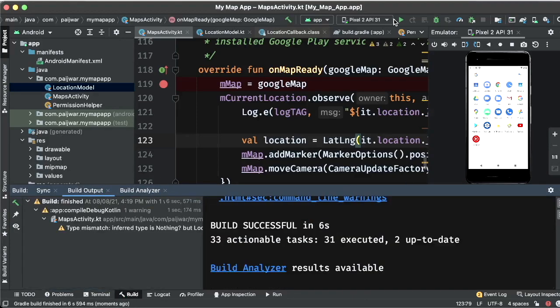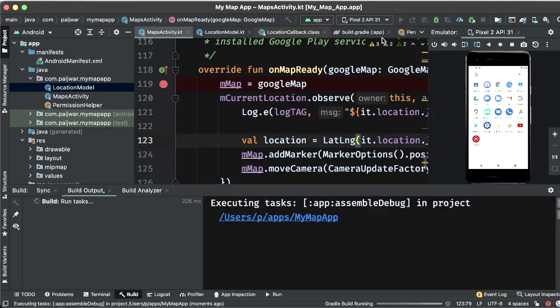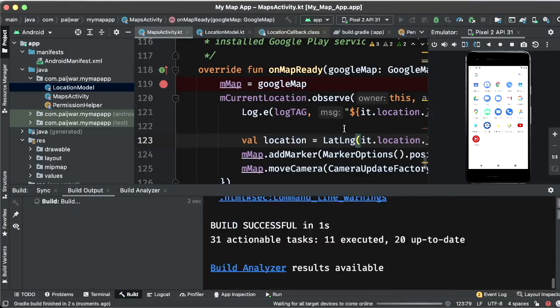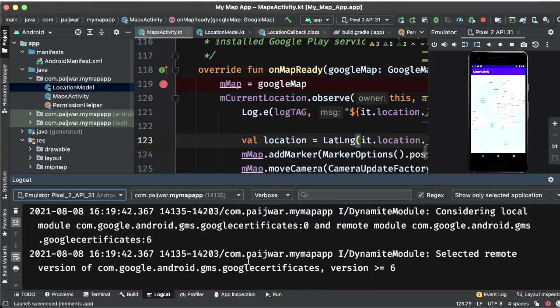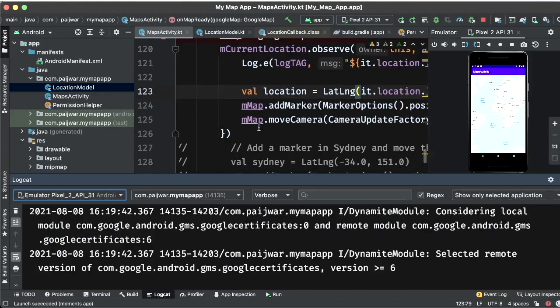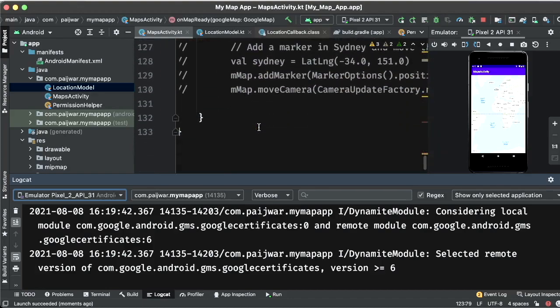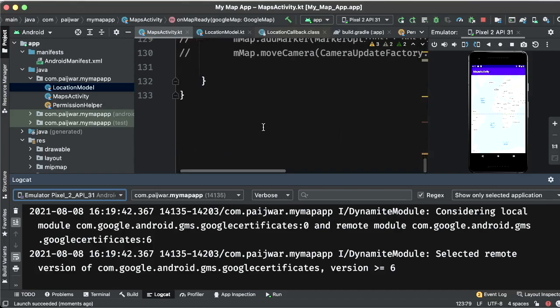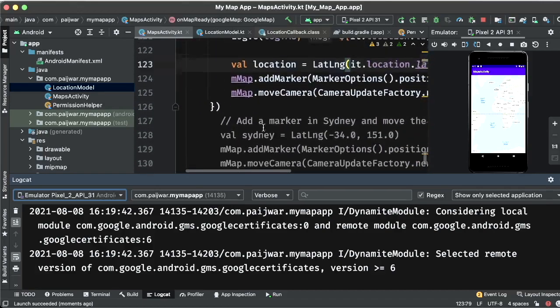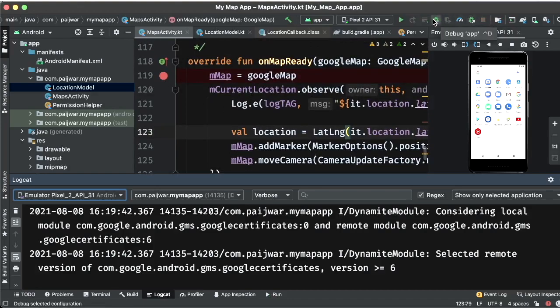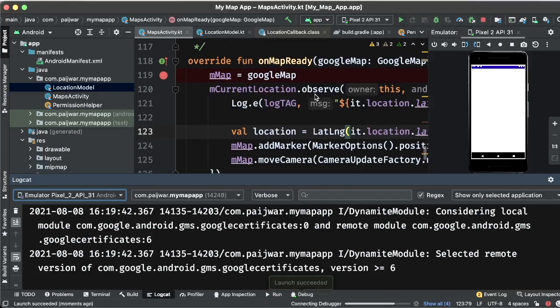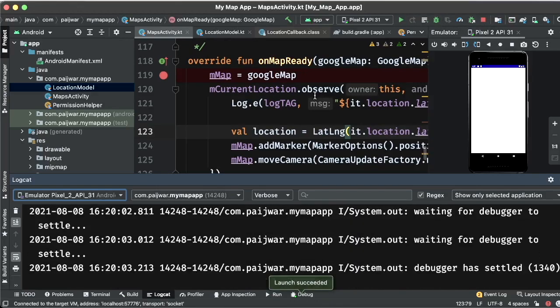Yeah, we'll rerun this. Go to logcat. I don't see whether my breakpoint is getting called or not.